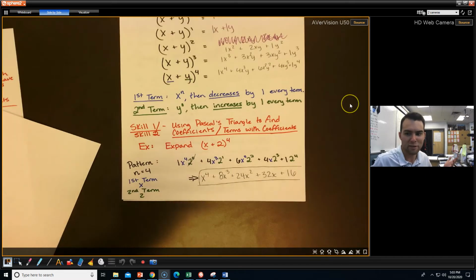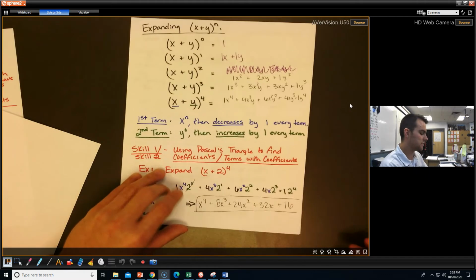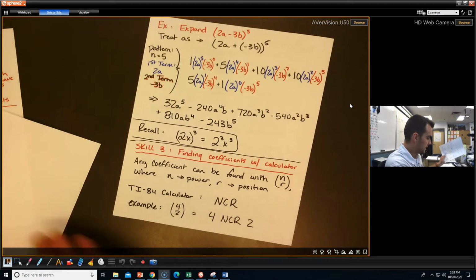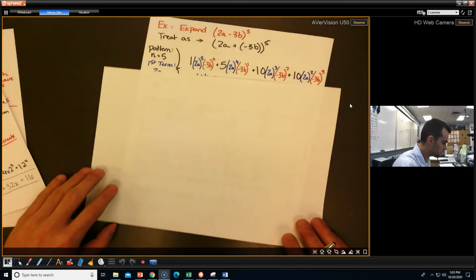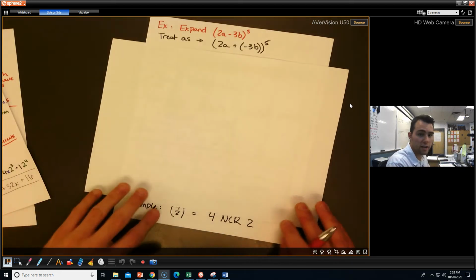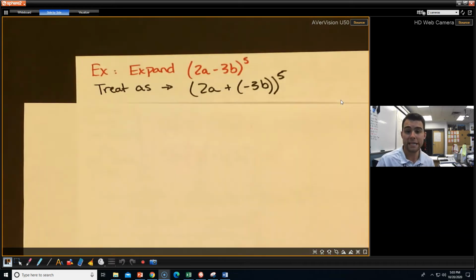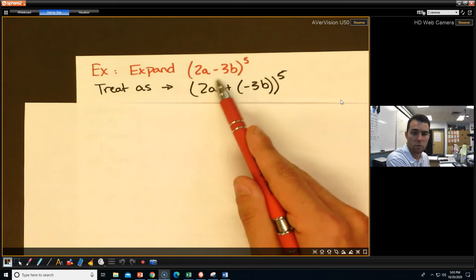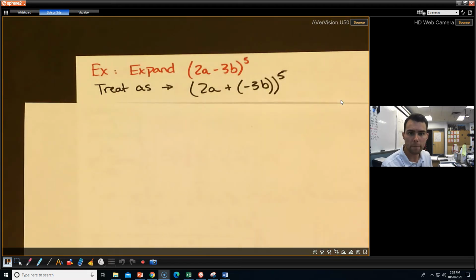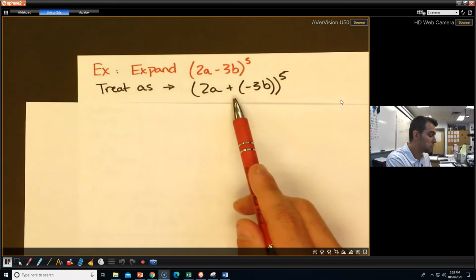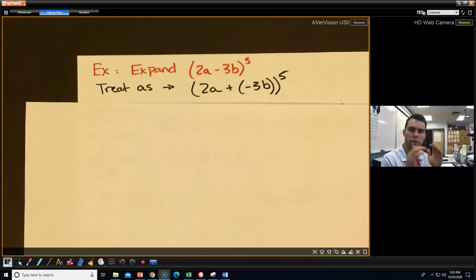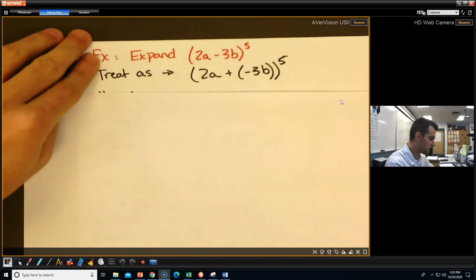But it gets a little bit harder. Of course it does. All right? Let's look at something like this. Okay? Let's try to expand 2a minus 3b to the fifth power. So now we're not adding anymore. We're subtracting. However, we can treat it like 2a plus negative 3b, right? That is our second term right there. I have to take that whole second term to each power, right? So if I do that and I set it up,